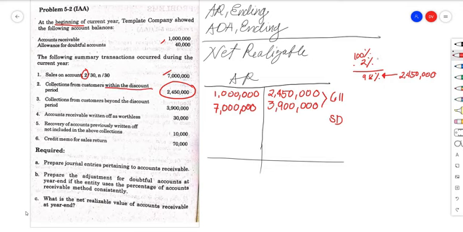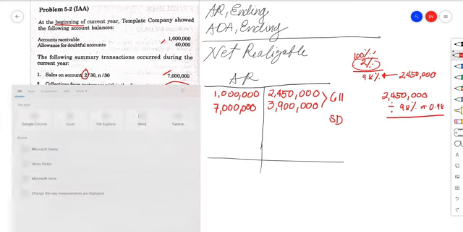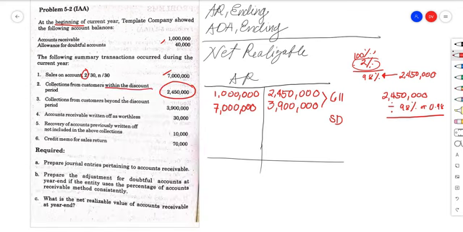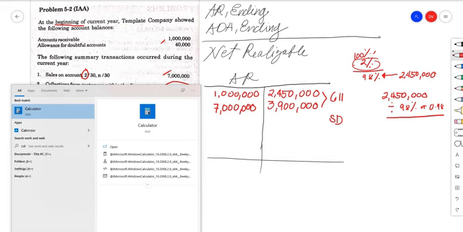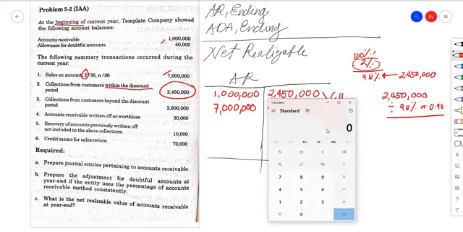So, paano ko makukuha ngayon itong 2%? Bago mo makuha itong 2%, kailangan makuha mo muna yung 100%. And paano natin makukuha yan? Simple mathematics. Kung ito yung 98%, i-reverse mo lang yung operation. Instead na i-multiply, i-divide mo siya sa 98% or 0.98. Wait lang ha, let's get the calculator. Okay. 2,450,000 divided by 0.98. Again, this is just simple mathematics. So, ang makukuha mo ay